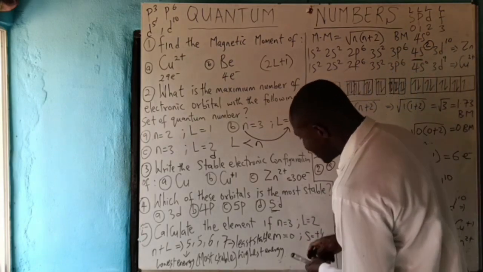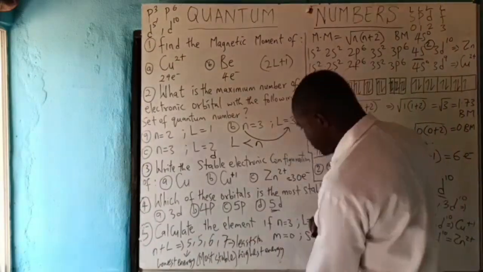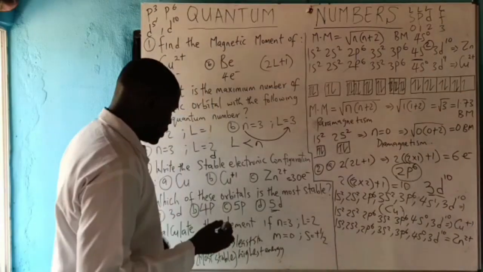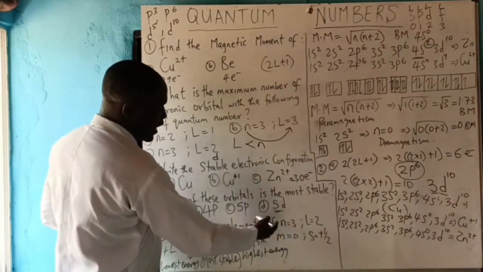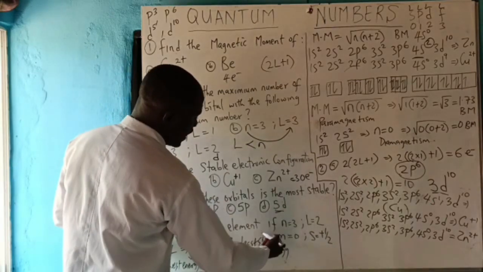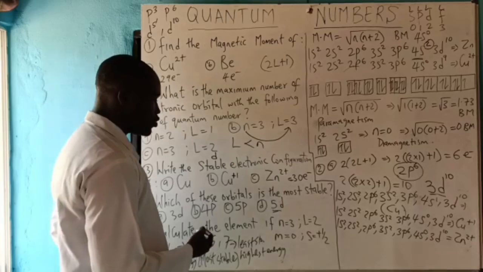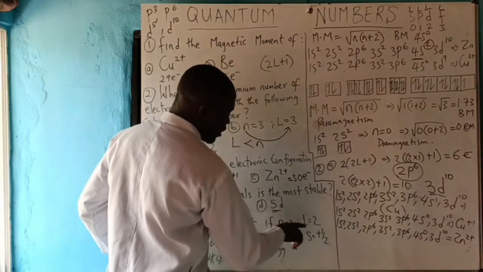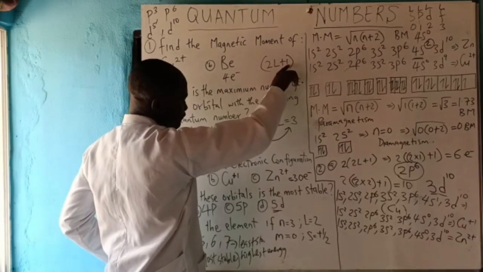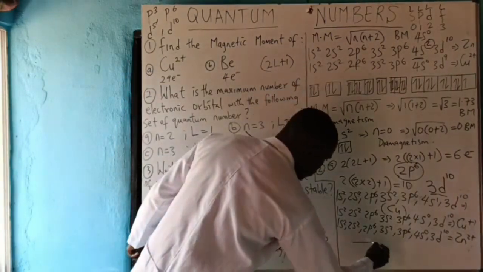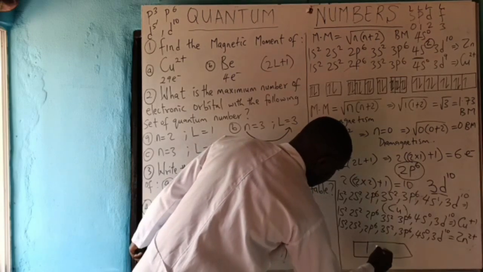Okay, we go to the last question. The last question says, calculate the element if N is 3, L is 2, M is 0, S is half. Now see what you do. Check the number of orbitals when L is 2. 2 times 2, 4 plus 1, 5. I will draw